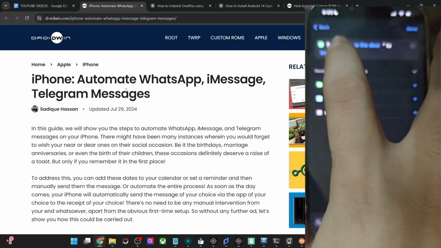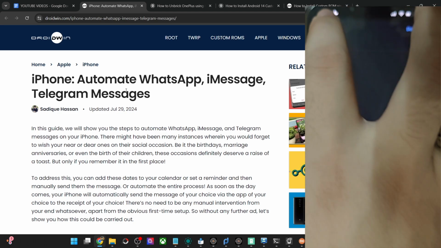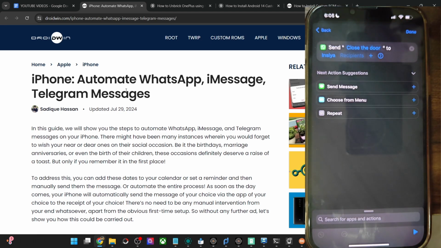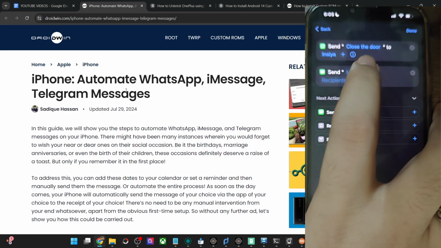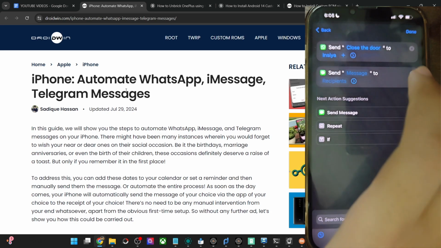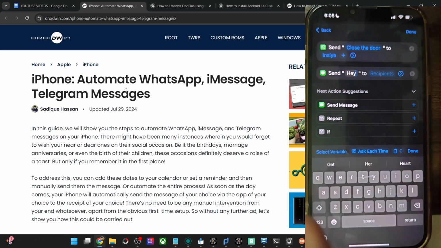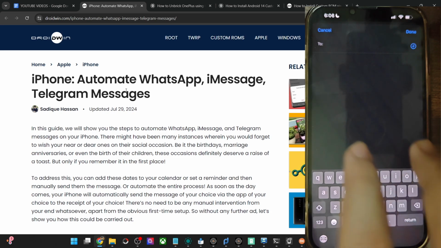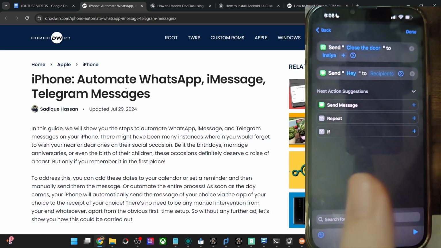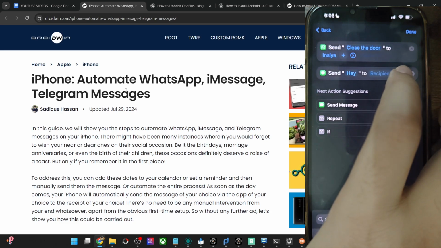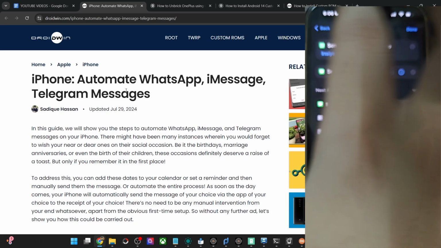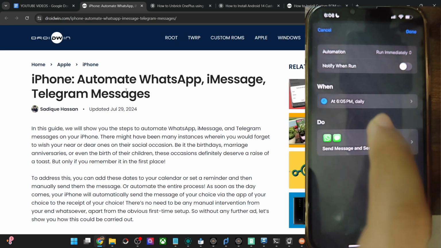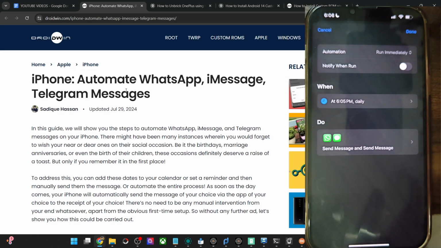Because I'm recording the video, you may type in any message of your choice and add any contacts. You may hit the plus icon and add a new contact here as well, so the message will be sent to more contacts. You may add more apps as well. For example, if you tap on Send Message, you can see that iMessage has also been added. Simply type in the message from here, such as hey, and then again add the contact. You may add any contact of your choice and tap on Done, and the same message will be sent to the recipient, this time via iMessage. In the same manner, you may add all your contacts and messaging apps from here, and finally tap on Done, and at that time the message will be sent via the third-party app or the stock app of your choice.